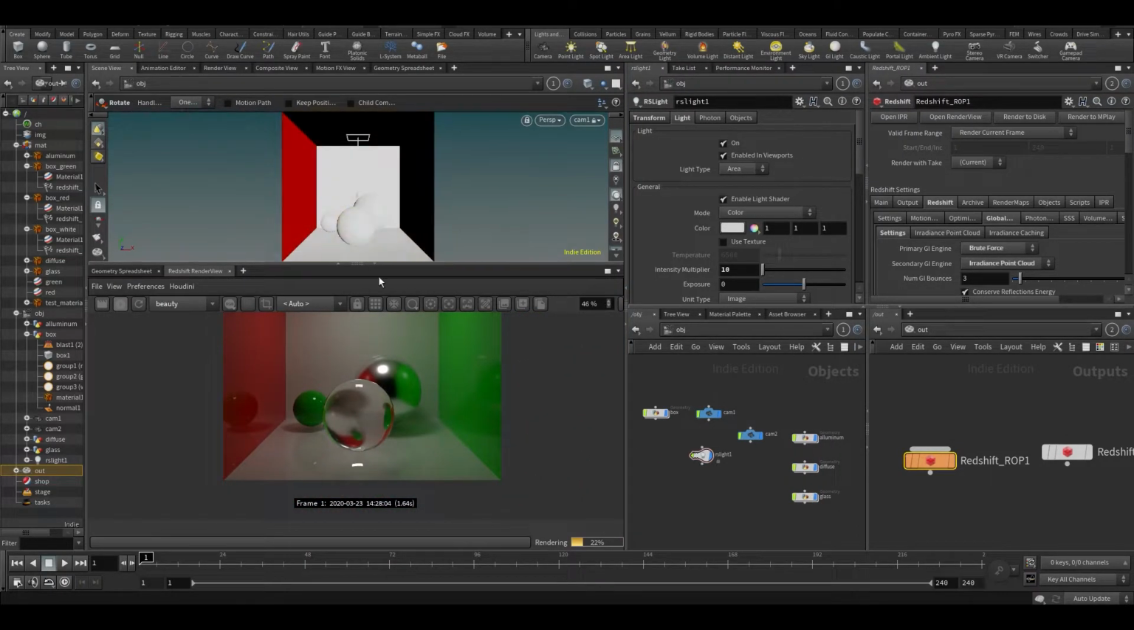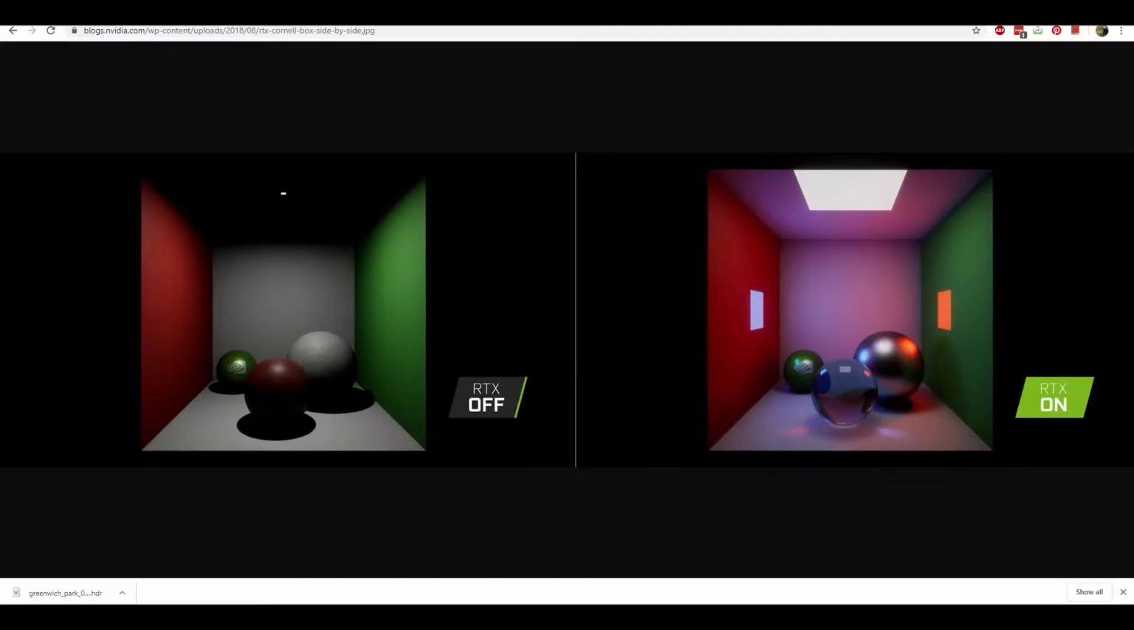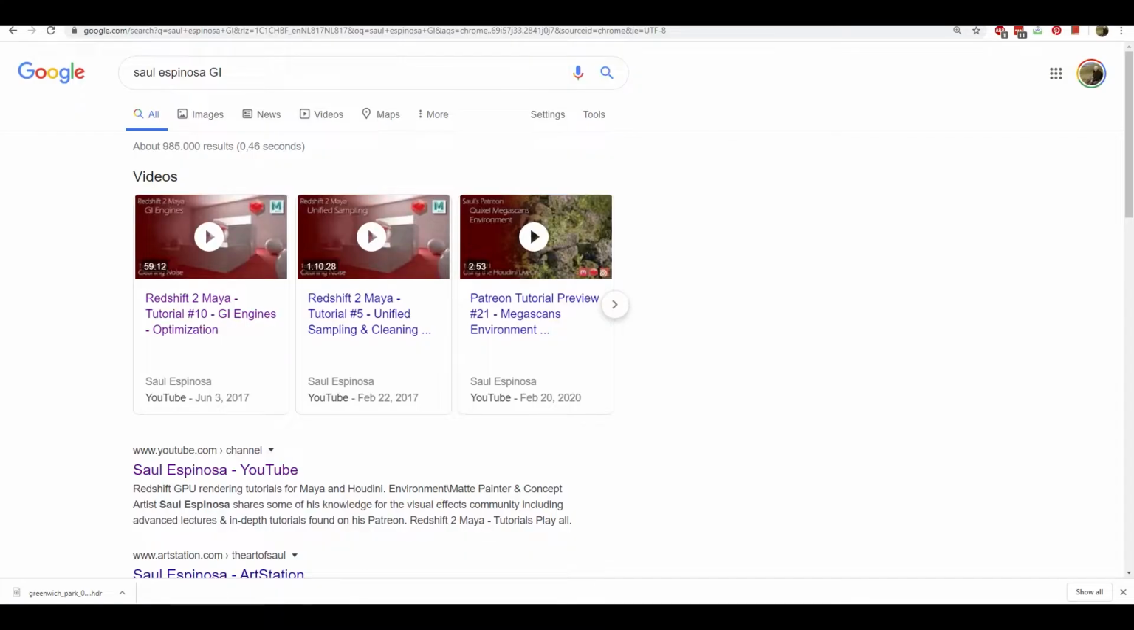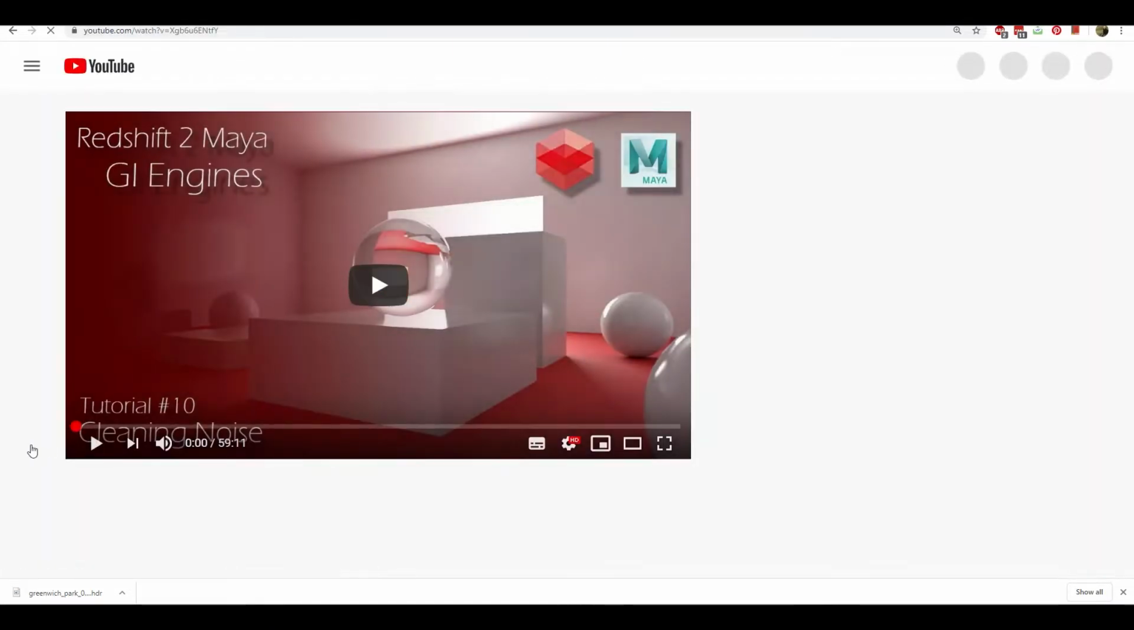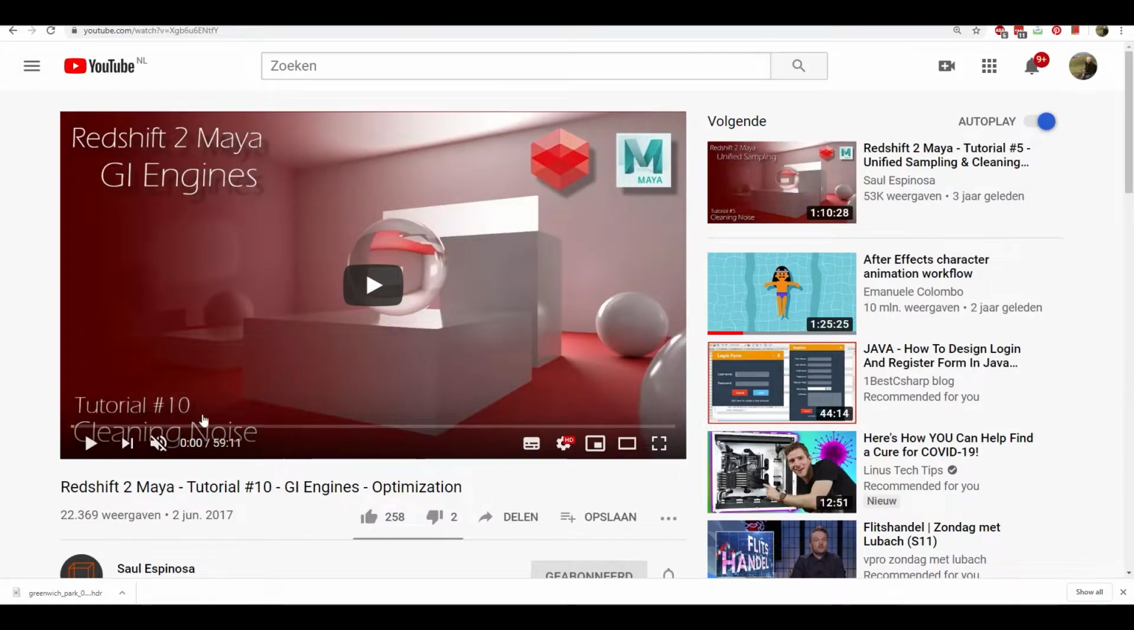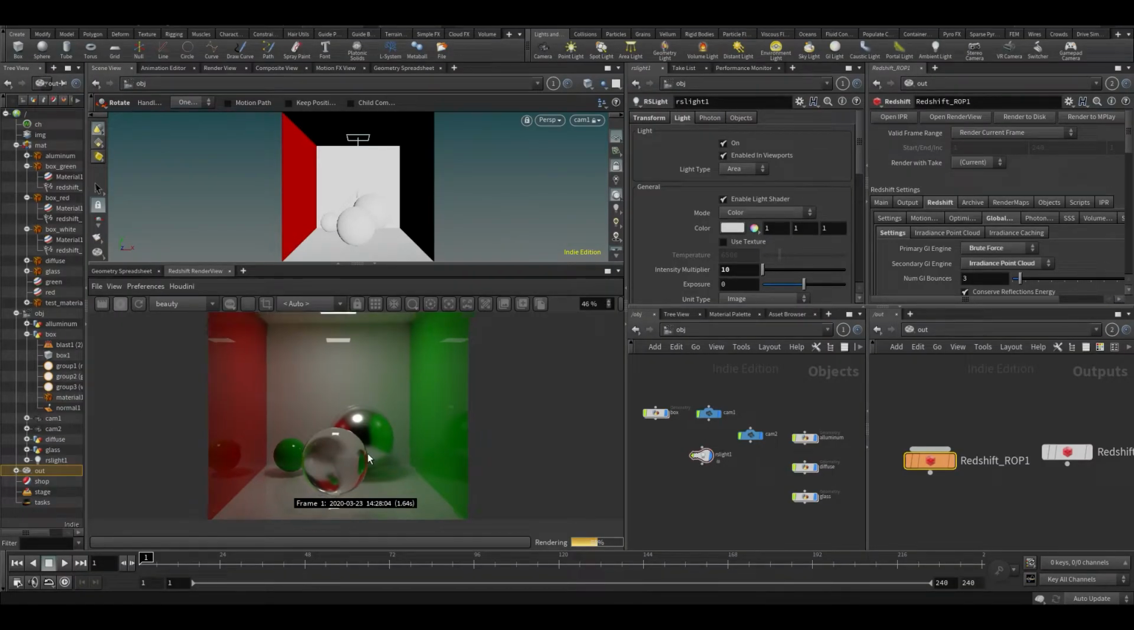If you want to know more on details for stuff like that, I recommend checking out Saul Espinosa. He has a lot of Redshift stuff, and he has a lot of very long videos going into all of the settings for Redshift. A lot of these things are for Maya as well, but it doesn't matter for the settings. It doesn't really matter what you're looking at. But if you want to know more details on stuff like that, I recommend checking out his stuff,